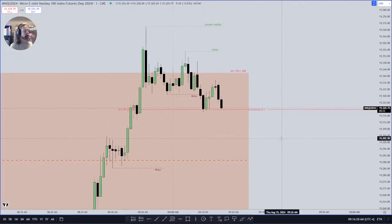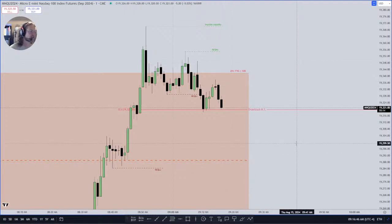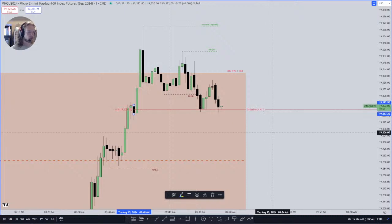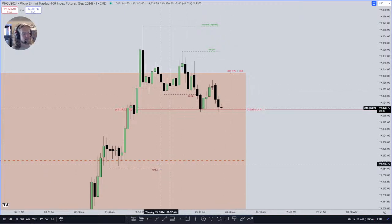Now think of it that way. If I was to be correct in identifying price moving higher as a fake rally to then go lower, we're effectively seeing an opposite of that. So instead of the first 30 minutes taking care of the buy side as a fake rally, price is moving to the sell side liquidity and engineering buy side. So I'd say this is like a 180 of what I expected, or let's say 180 of what I wanted to see